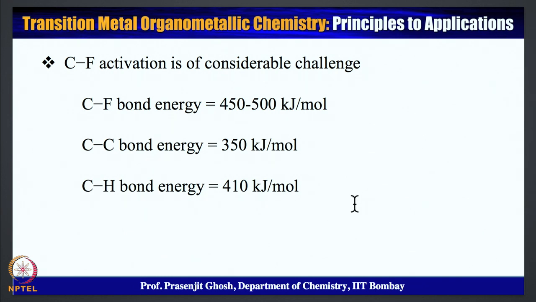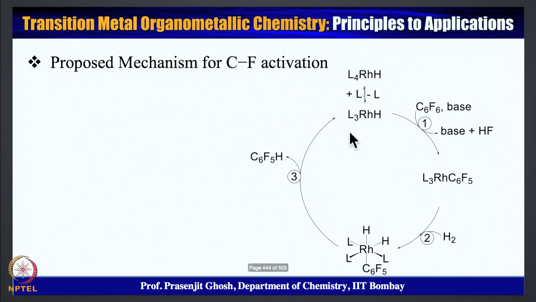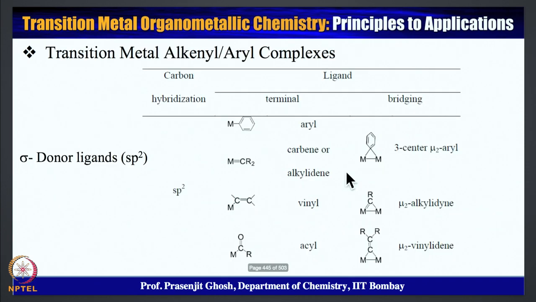In the vein of CC and CH bond activation, CF bond activation probably is by far the most difficult to achieve, with CF bond energy between 400 to 500 kilojoules per mole, and we have looked into various catalytic cycles that are in place that undergo CF bond activation. Now, despite the fact that CF bond activation is difficult, there are several examples we have discussed which show CF bond activation. Moving on from that, we have moved into transition metal alkenyl and aryl complexes, and here also